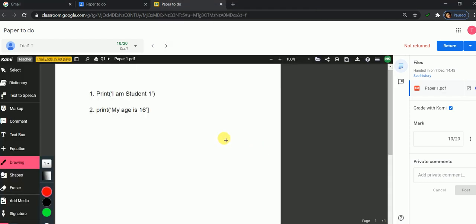And once the authorization process is done, the paper is opened for you. Now you can do the correction work.